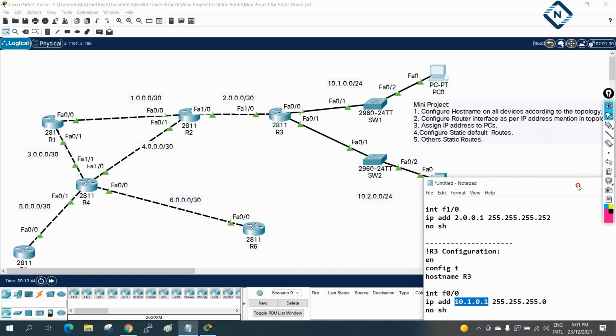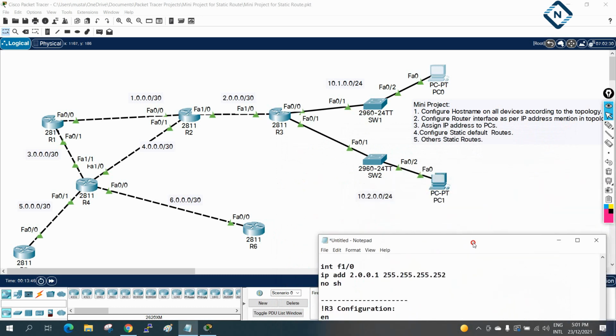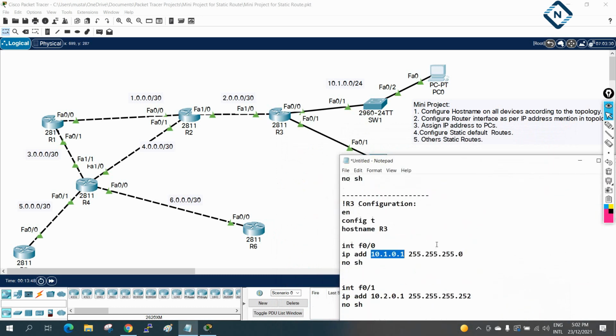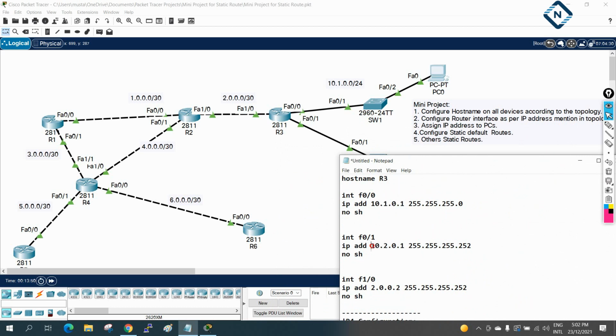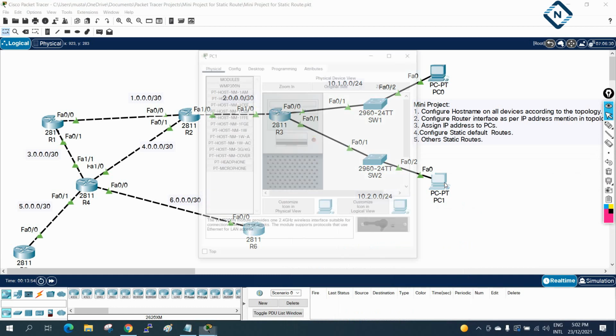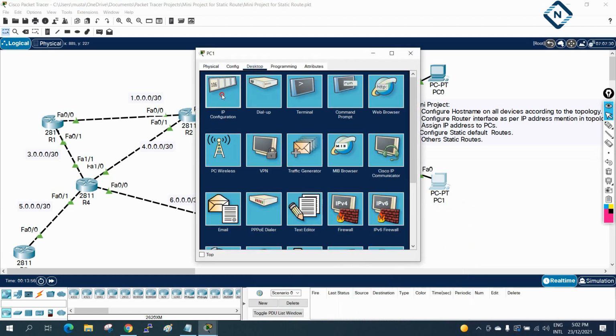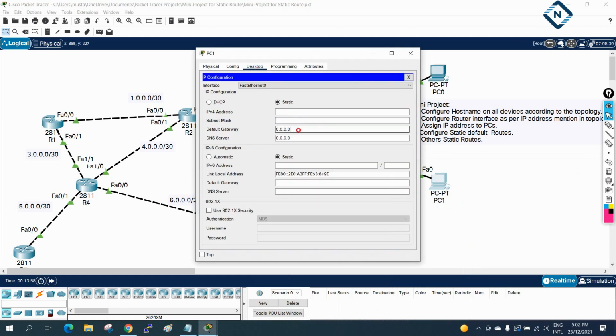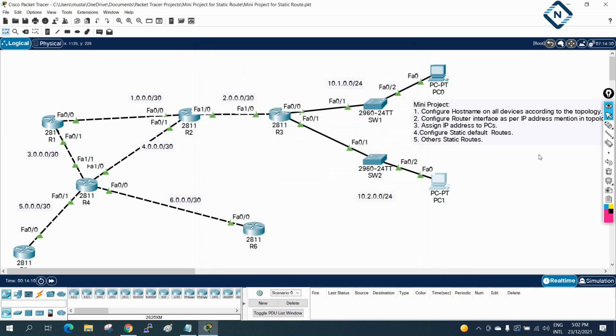And here for the other PC, F0/1. So here F0/1, this IP we assigned. So this is a gateway, this is the router IP. So we are going to assign this one as the gateway to this computer. This is the gateway, and this IP will be .2, and this is a /24. So three times 255, then 0. Okay, now finished.